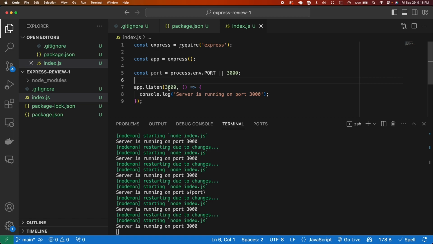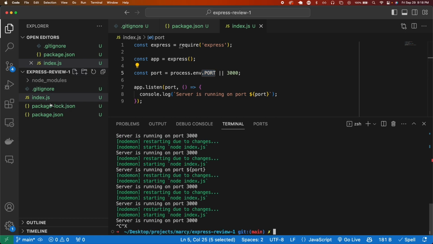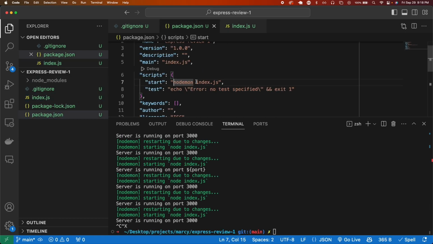Now, let's actually use it. Port here, and I'll put this as port, and then I'll change this to 3. Now it's still there, right? It hasn't changed because there is no environment variable. Let's actually set our environment variable real quick. So nodemon, the way that you do this with Node, really easily actually, you write the variable and you say the value. Let's just do 8080, and then when I start,